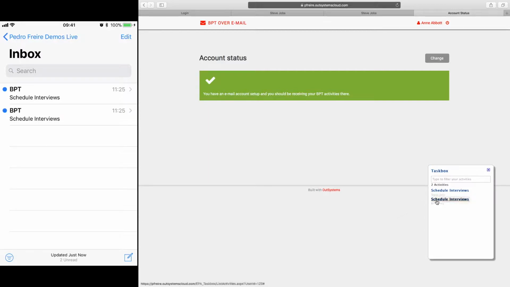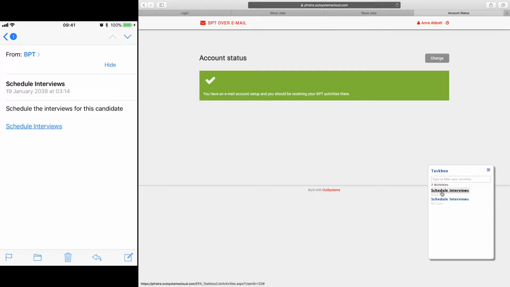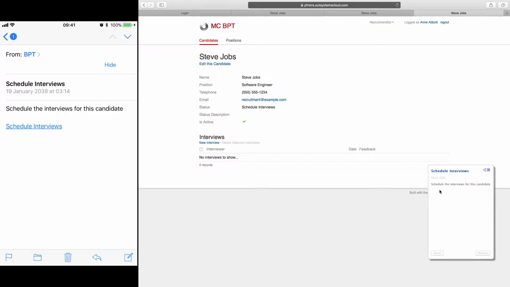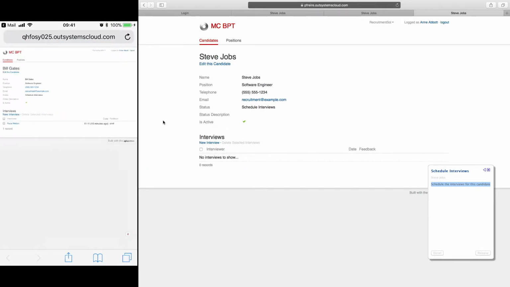The title of each of them is the task that she has pending. As I tap on the top one, this tells me what she needs to do. So I click here, schedule interviews, and this text is what is shown in the email. The link here takes me to this exact same screen on the iPhone. So if I tap schedule interviews, you can see that this opens the exact same screen, and I can do my action on the actual phone